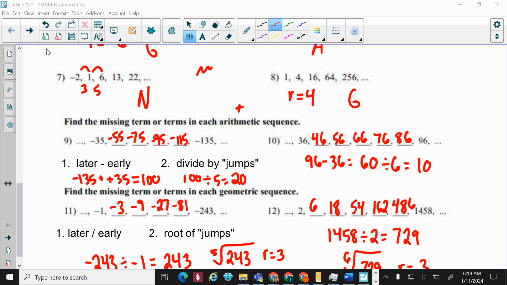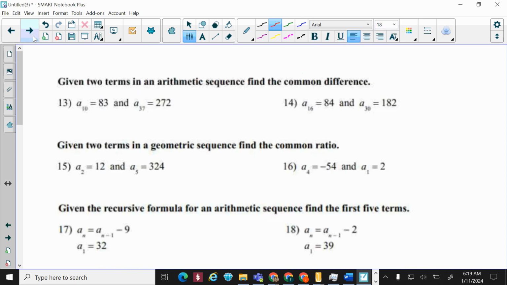All right, let's keep on going with the review. This will be the back. It says give two terms of the arithmetic sequence, find the common difference. All right, so